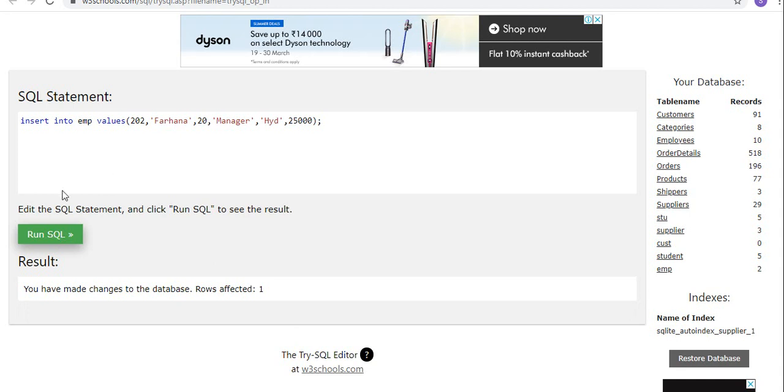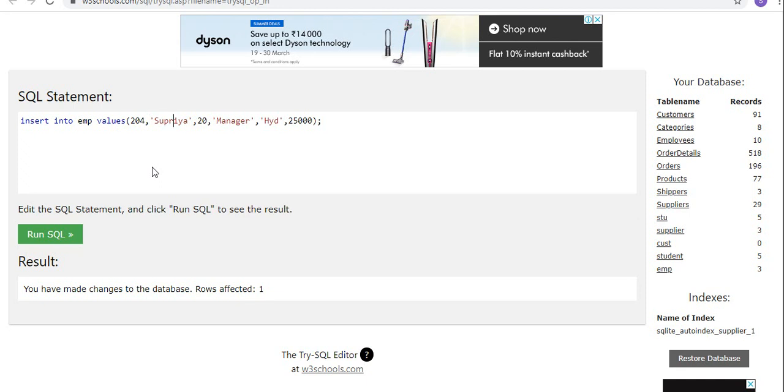Run SQL, second record inserted. Now 203, right. We'll go with the same records. 3 records inserted.